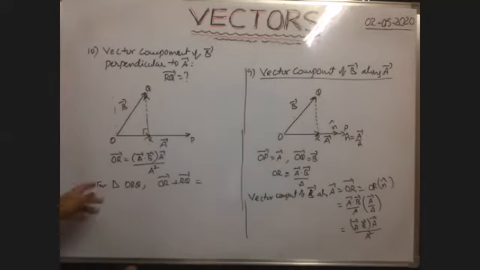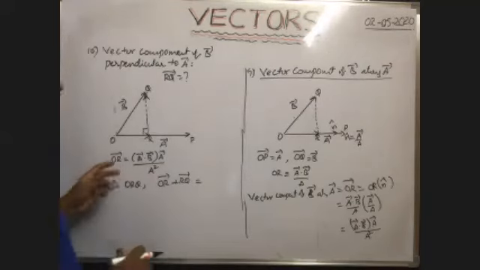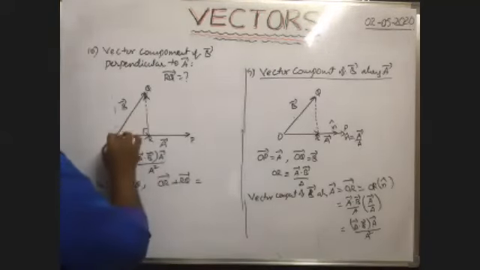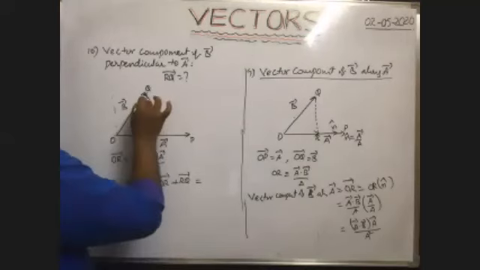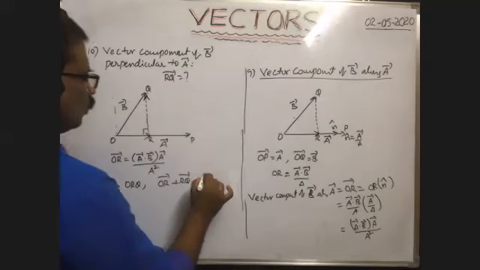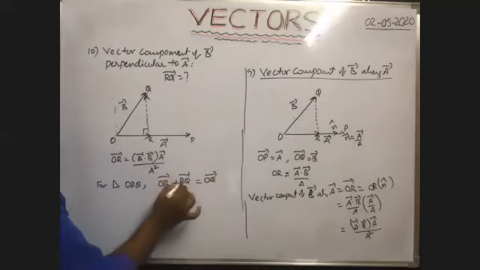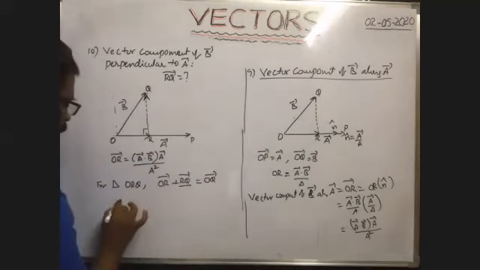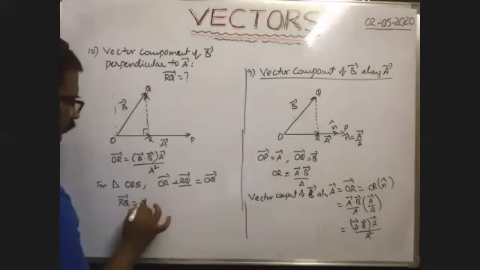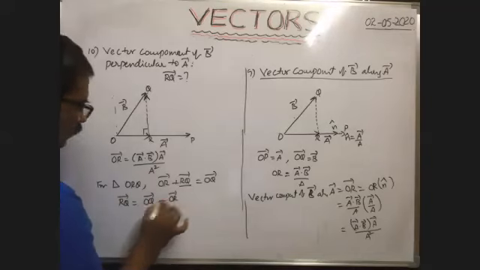So initial vector of... the initial point of the first vector and the final point of the second vector. When you join these two, it gives the resultant of these two. That is equal to OQ bar. OR bar is already there. We need RQ bar only. So RQ bar is equal to OQ bar minus OR bar.